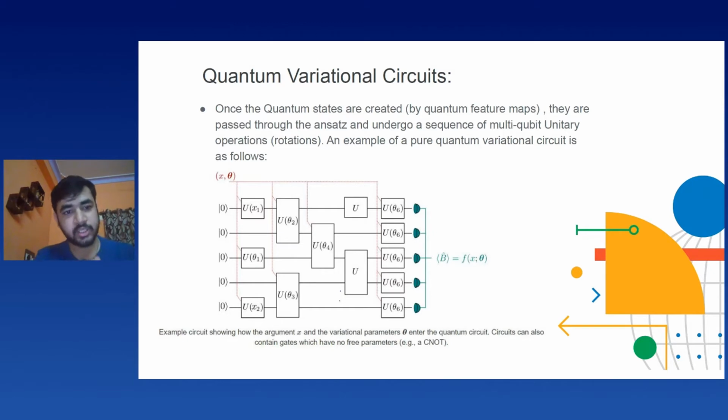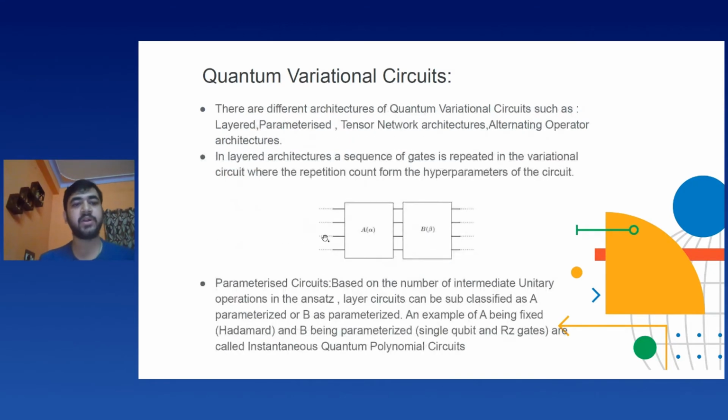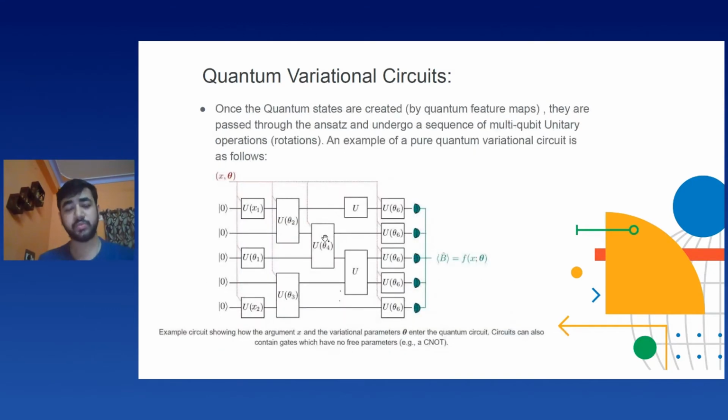And these U gates that we see over here are known as universal gates. These are a broader representation of all the gates that we have seen, be it Rx, Ry, Rz, or C0, Hadamard gate, T gate, S gate. So all the gates that we have seen, this is just a global representation of that.